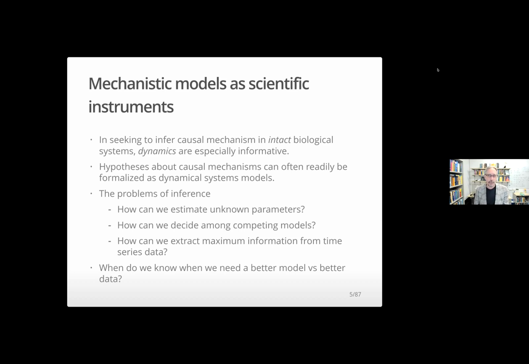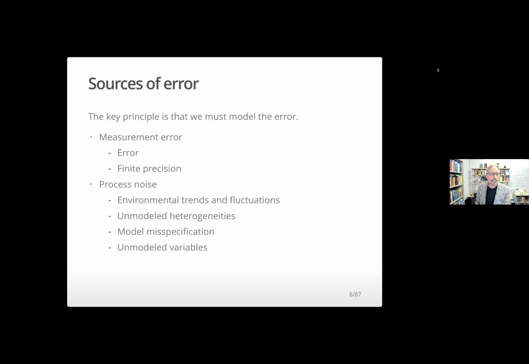How can we make sure that we're extracting the most information possible from the data that we have? And finally, when do we know when we need a better model versus better data? These are the kinds of questions that come up when we use mathematical models as scientific instruments. So again, the key principle in thinking about all of this is that we must probabilistically model the error, and